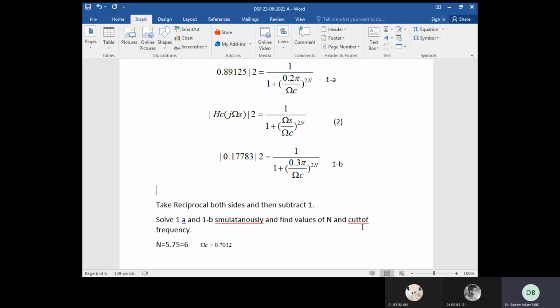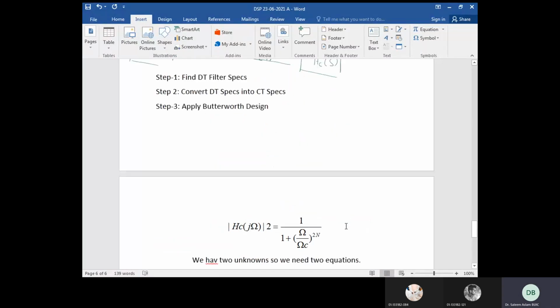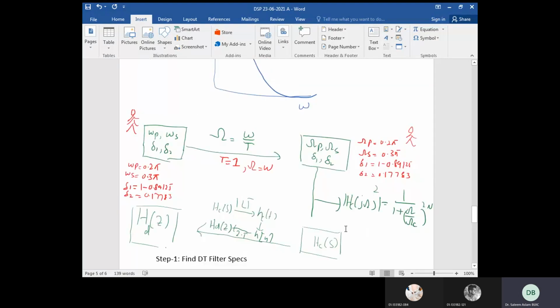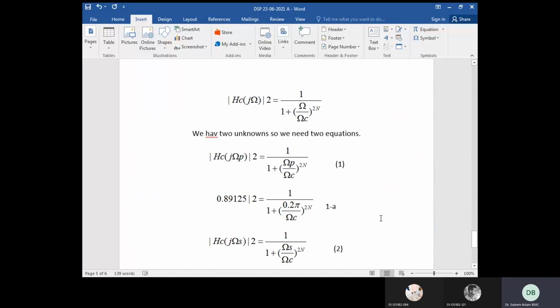So this is the normal step. The most important thing to note here, you have to follow this diagram. If you follow this diagram, you will never be disappointed because it will explain the entire working process. So keep in mind, we are here. We just use this relationship. We reach there. Then we use this equation. And after this equation, we found n and omega c. Next time, we'll see that with the help of n and omega c, how we will find ICFS. And then after finding ICFS, how we can find HFC. Right? So we'll follow this 4-block diagram for the design of your IIR system.